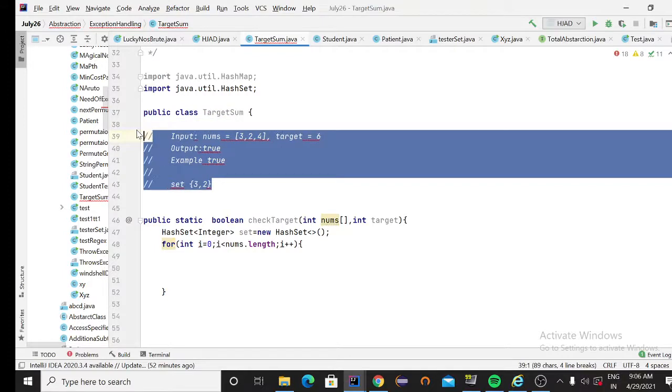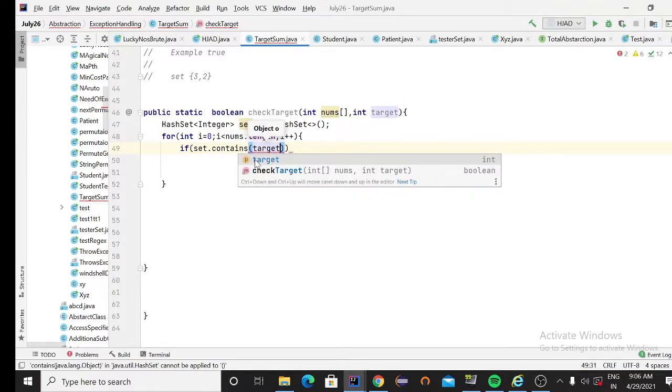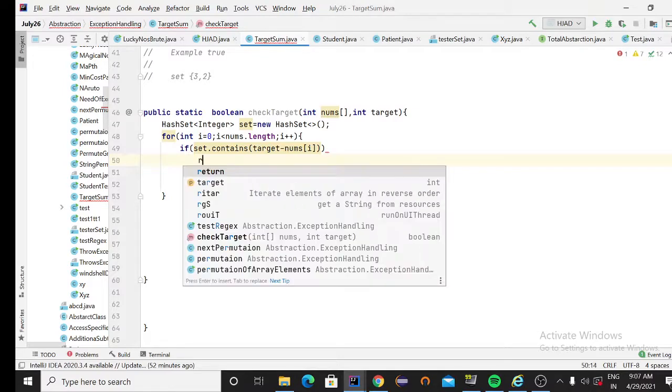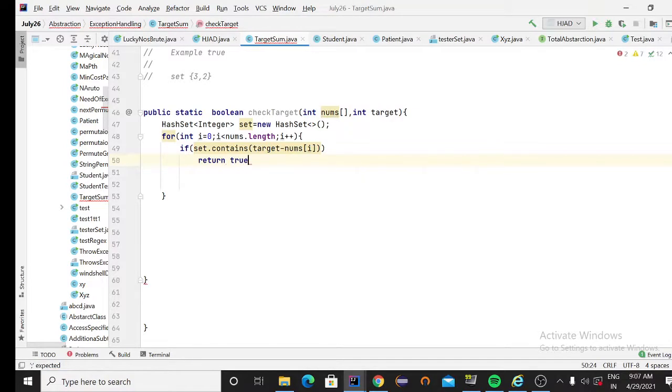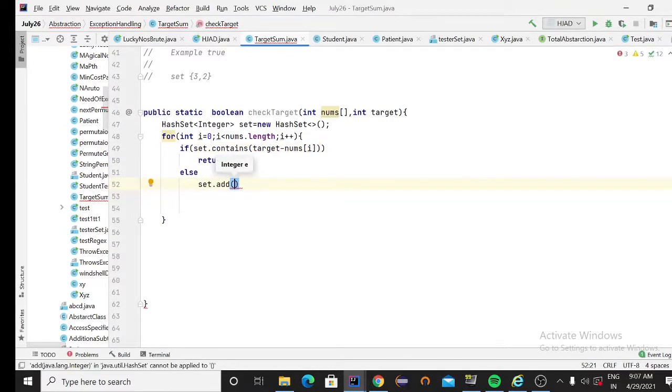So the same approach we use over here; let's add it. We check if set.contains(target minus nums of i), because searching in a hash set is order of 1 only, then return true, else set.add(nums of i).